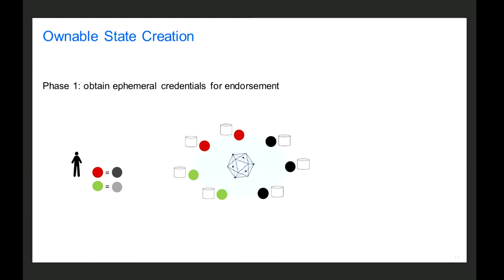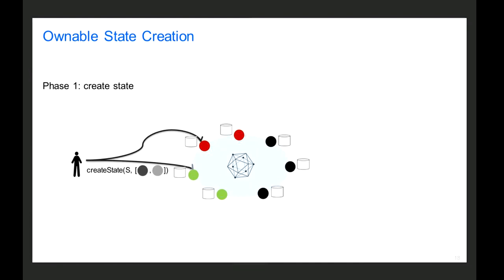So what does it look like? It's very similar to before. It's just that in this case, when we create the ownable state S, we pass in as owners... okay, no, actually as the endorsement policy in this case,